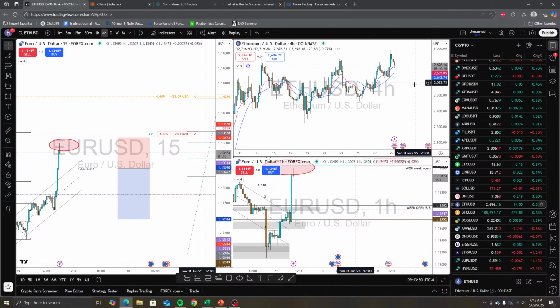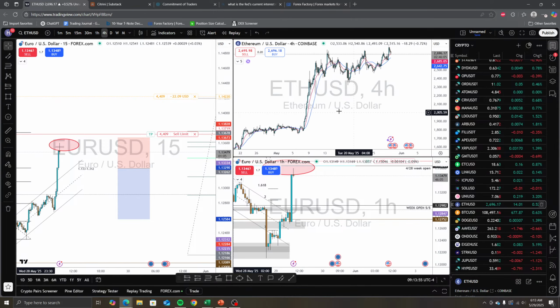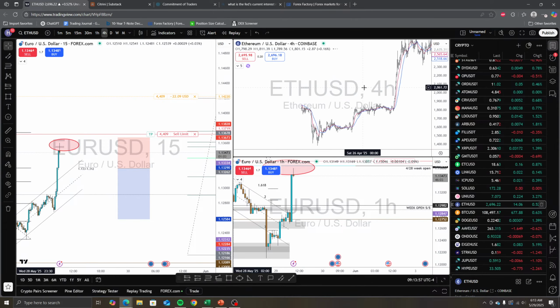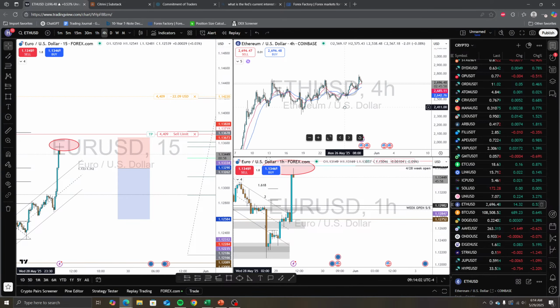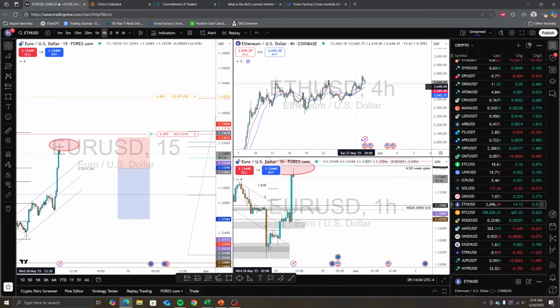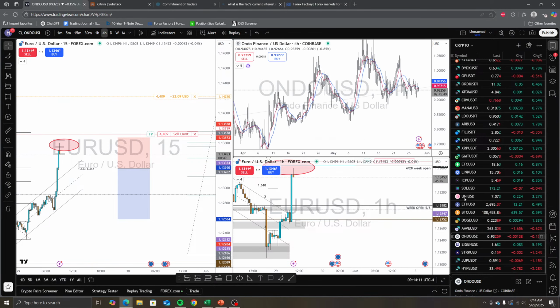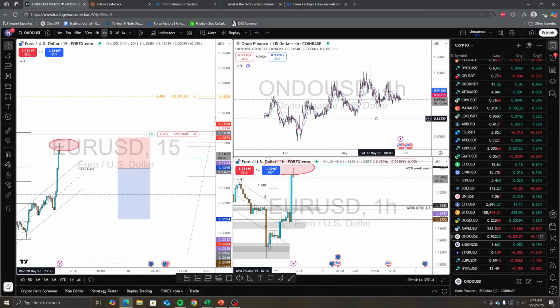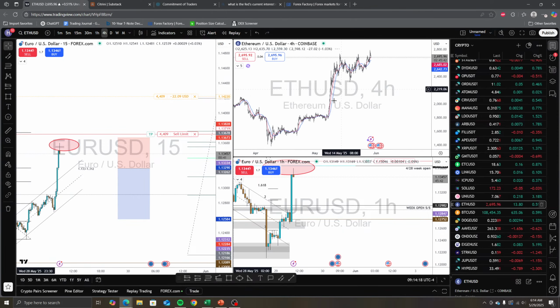Probably going higher. I don't like this, but it is what it is. I mean, it looks good, but yeah, we shall see. I like how ETH and Bitcoin kind of have this rally up and consolidation, kind of trending up, looks like.